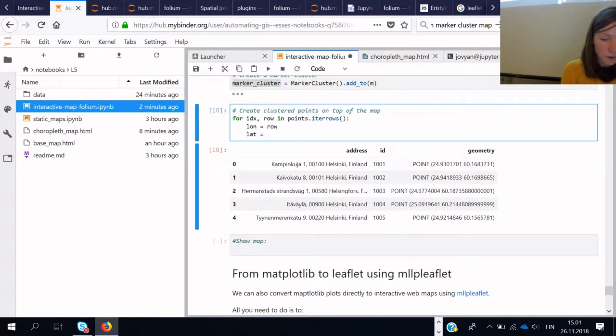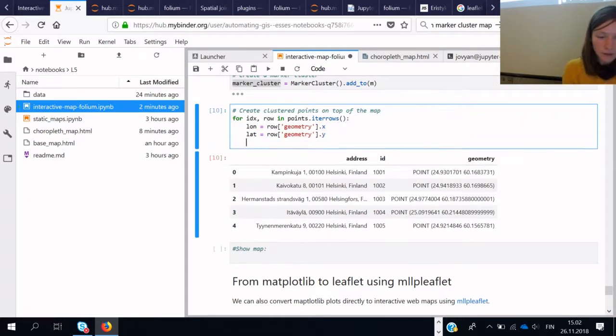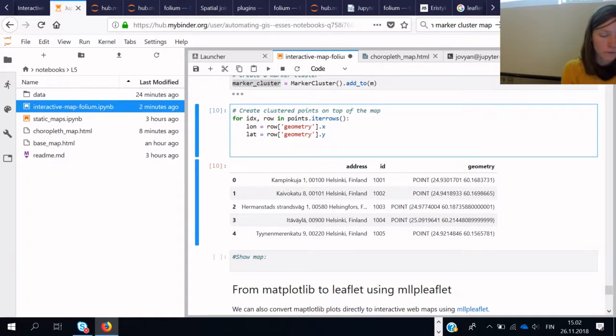So we have row geometry, again longitude (pituuspiiri) is the x, and then latitude (leveyspiiri) is the y coordinate. And we can also, if we want, fetch the address, so actually add it as a kind of pop-up for each of these points, the address